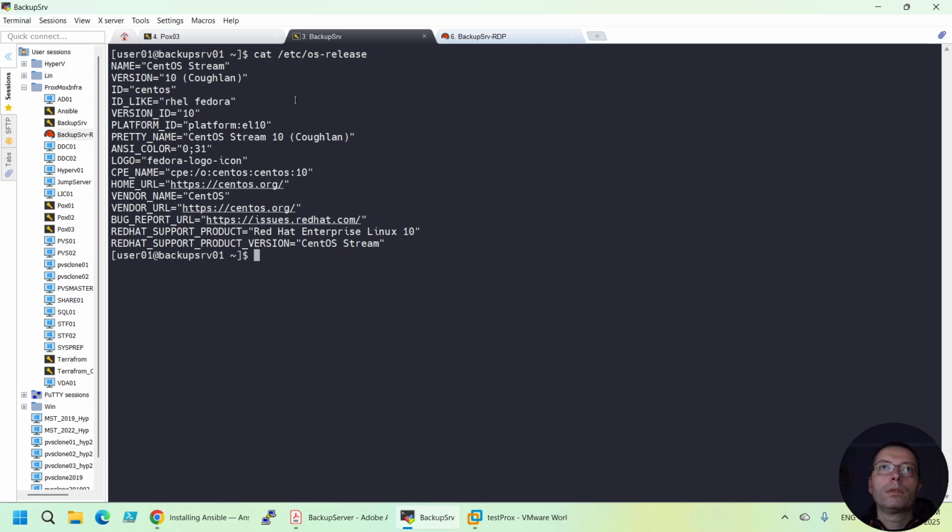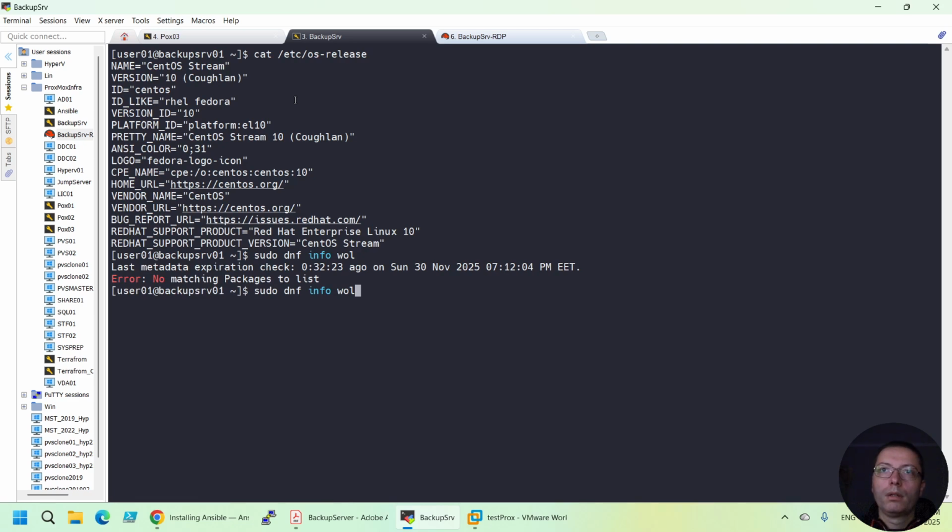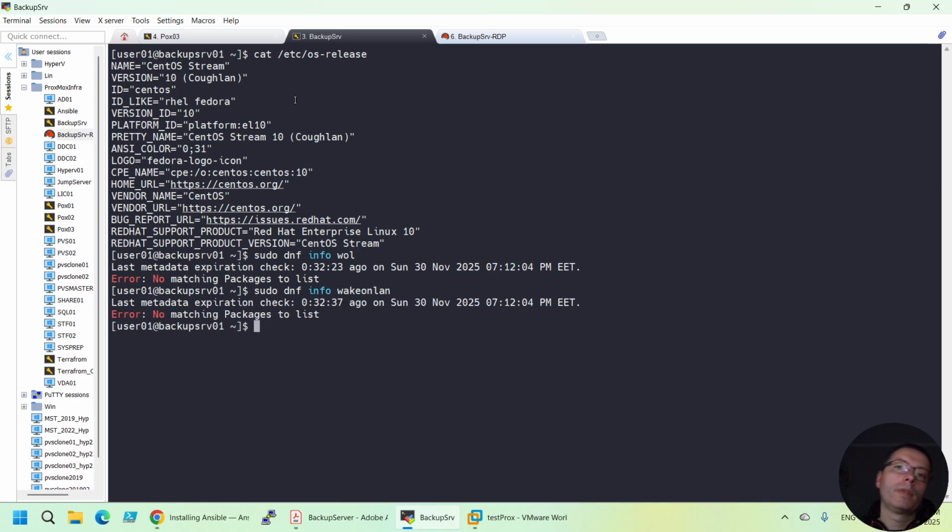So it's CentOS 10, and I've searched for sudo dnf info wol, because I found it like this in the Fedora server, and I could install it like this, but I couldn't find wake on LAN, and yeah, I installed it